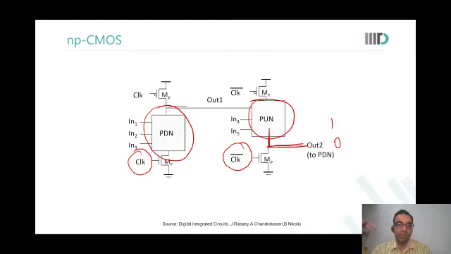We've avoided the inverter because now, if there is a pull-up network, it can accept a 1 to 0 transition. When a pull-down network was driving another pull-down network, then only 0 to 1 transitions were allowed. For that, I had to put an inverter there. Now, if I put a pull-up network on the next gate, then 1 to 0 transitions are also allowed. Or in fact, only 1 to 0 transitions are allowed. So you don't need those inverters in between.